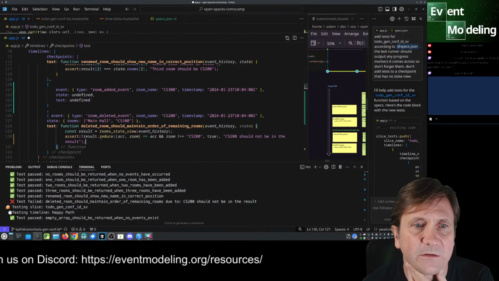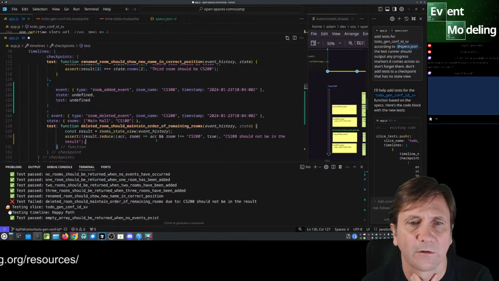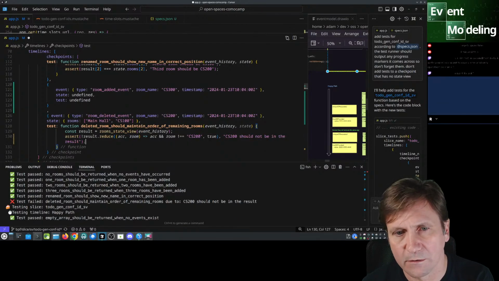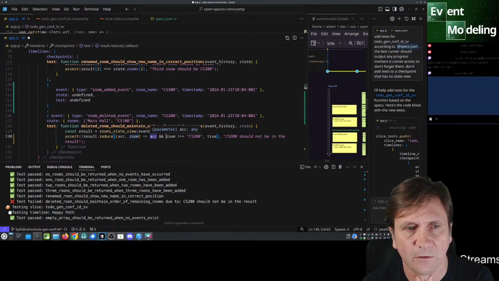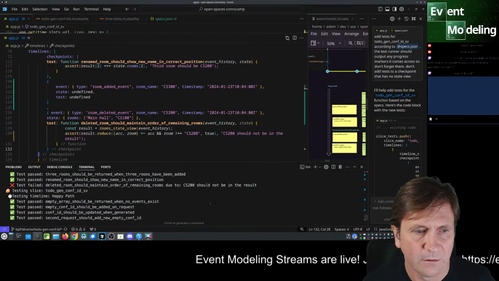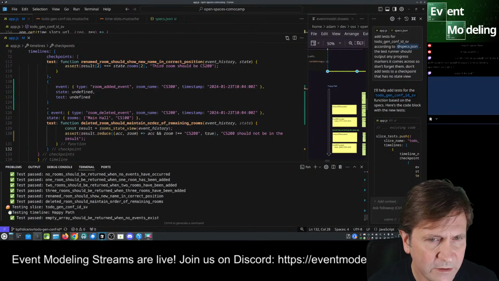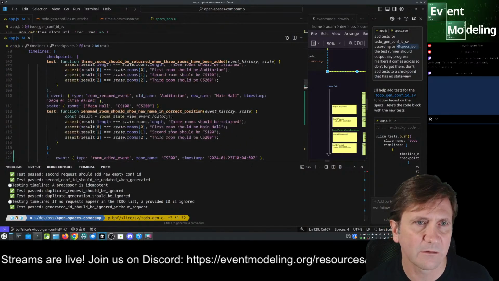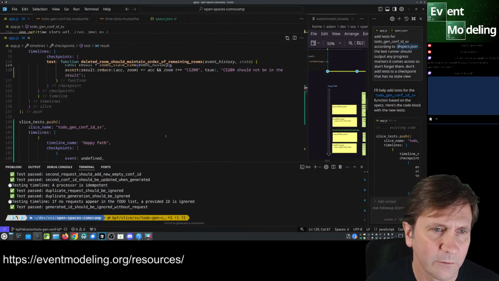So results reduce for all the rooms. So if room doesn't equal, so it's true. Is that just an inverse thing? I think it always gets the inverse wrong, the wrong way around. So okay, that passes, but now let's just actually get rid of the handling of the deletion of the room.